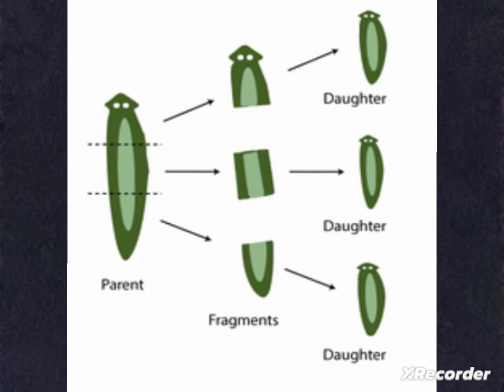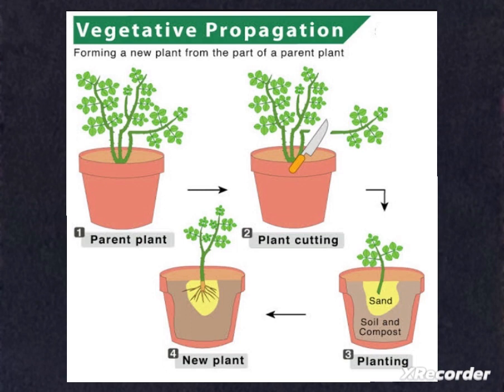Next, coming to regeneration process. In this case, the organisms have the ability to give rise to new individual organisms from their body parts. If the individual is cut or broken into many parts, their pieces grow into separate individuals. Examples are like Hydra and Planaria. This is known as regeneration. Regeneration is carried out by specialized cells which proliferate and make a large number of cells, which takes place in an organized sequence called development.